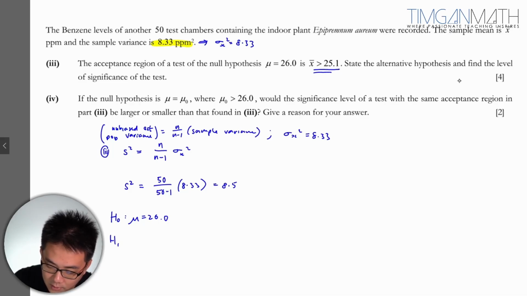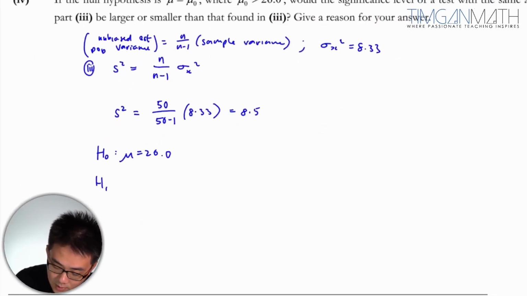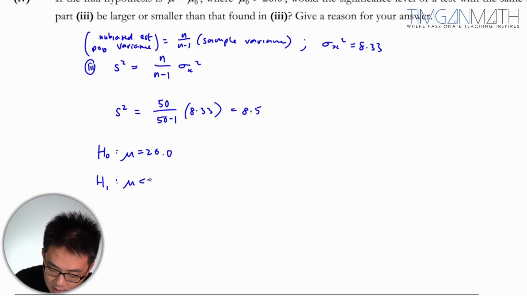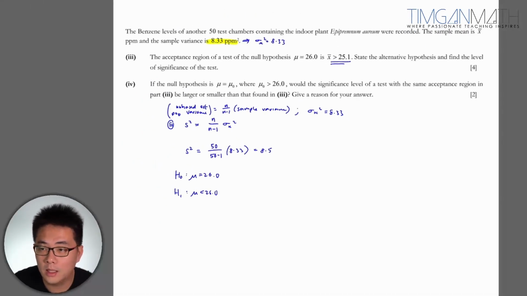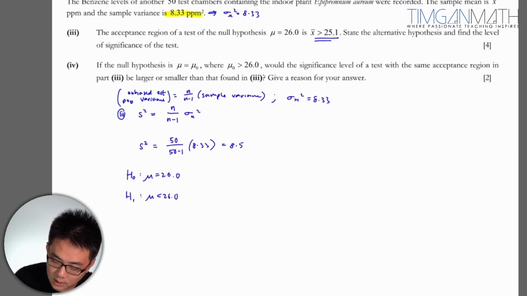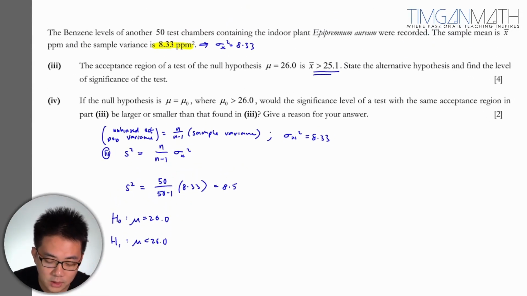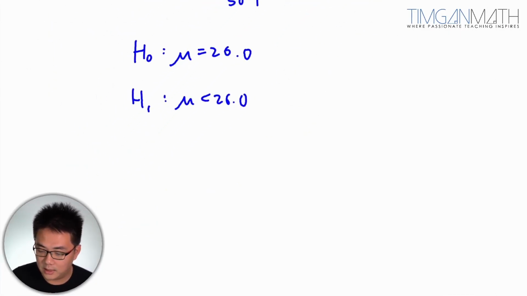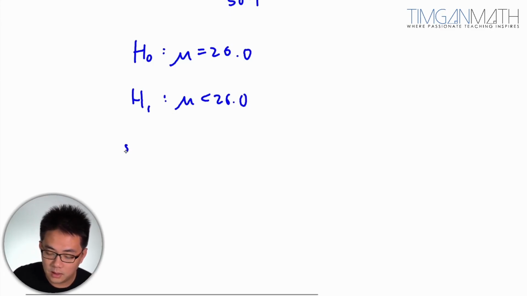State the alternative hypothesis and find the level of significance. Just take note, the population is not told to be normally distributed, but since n is large,